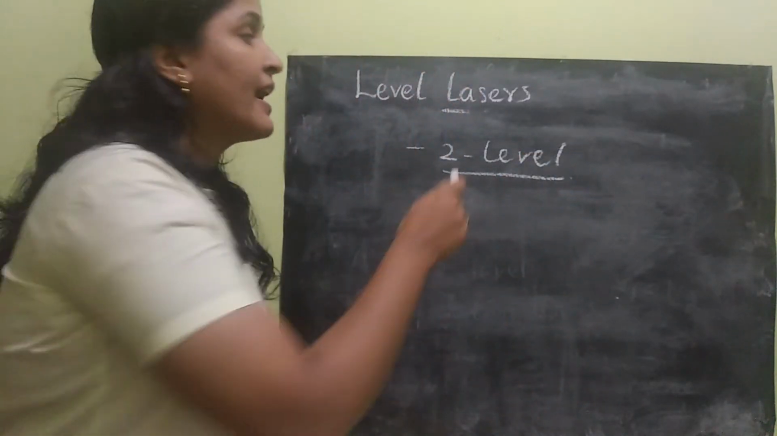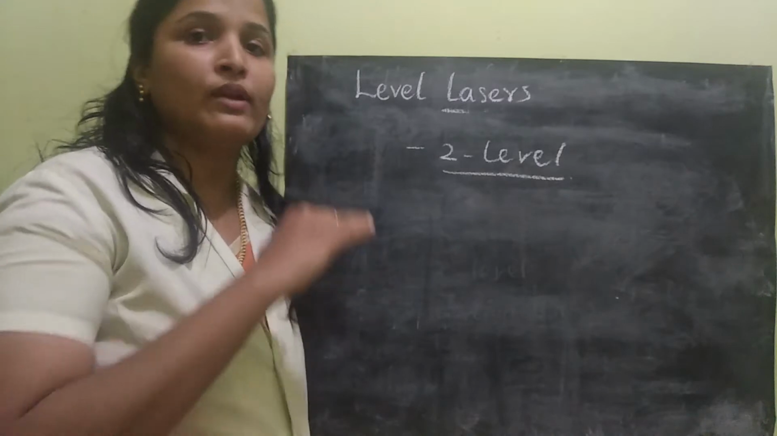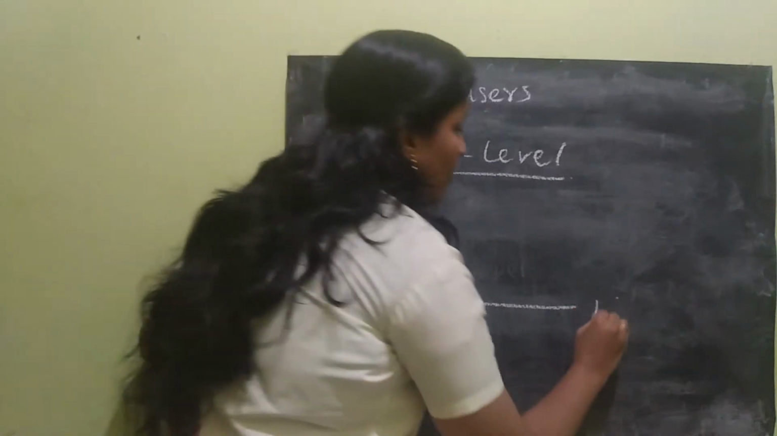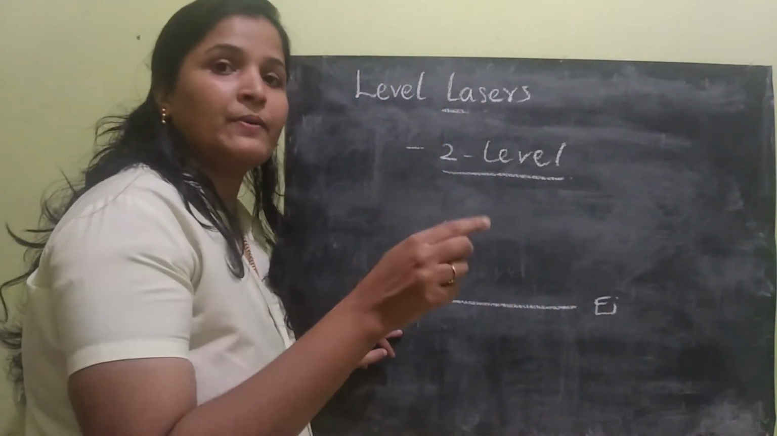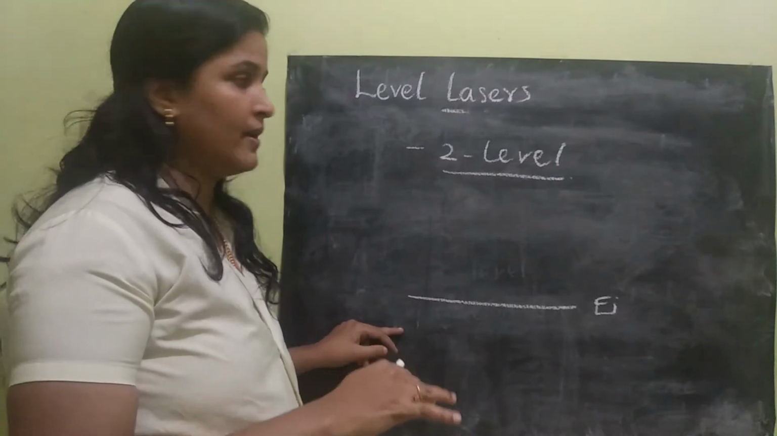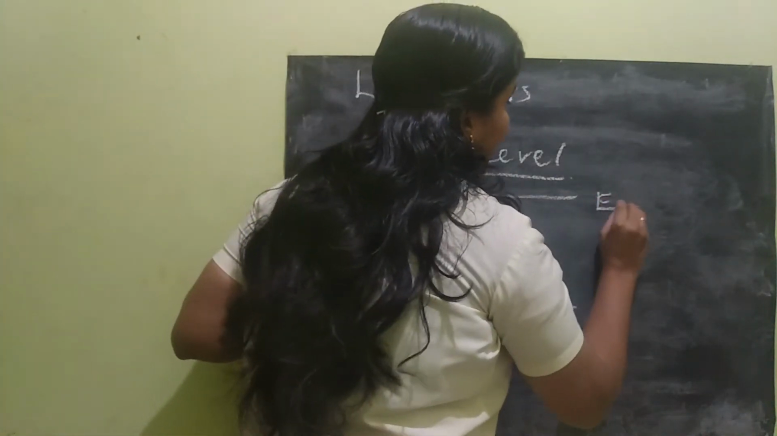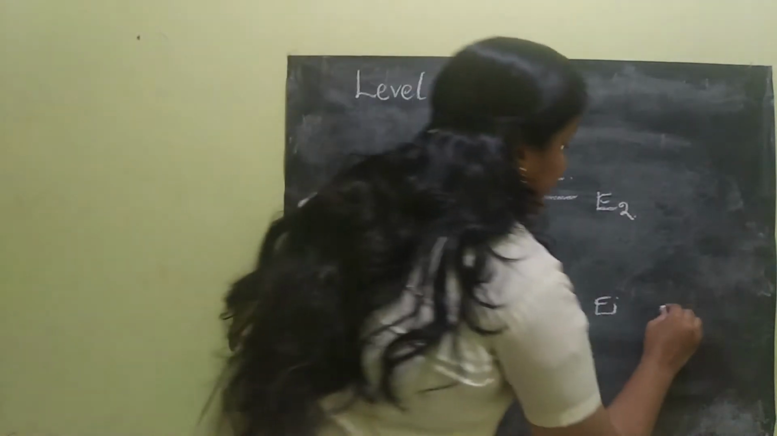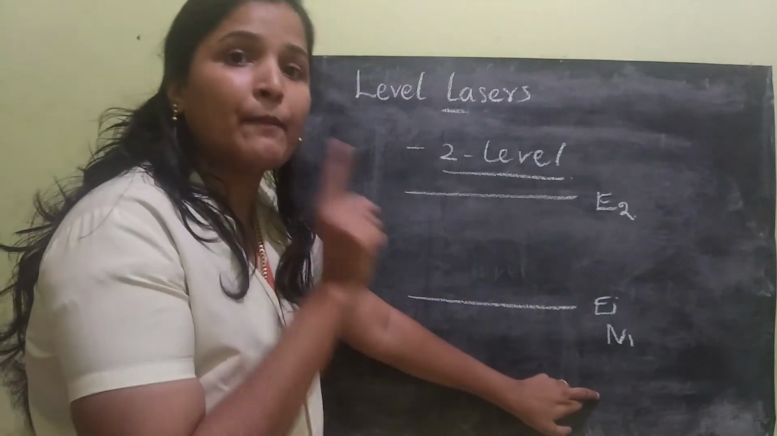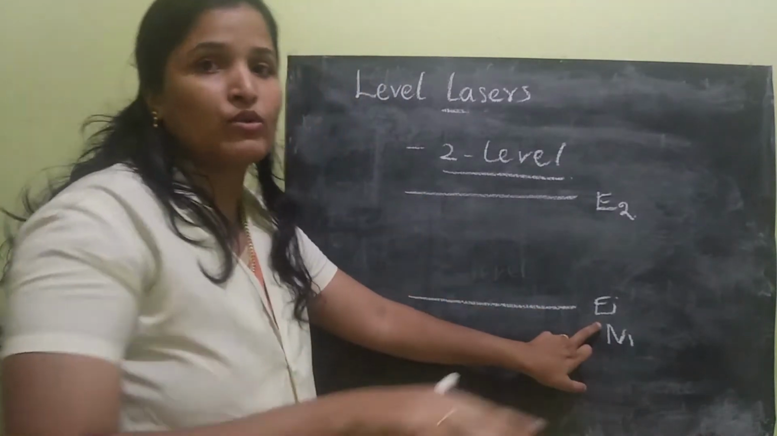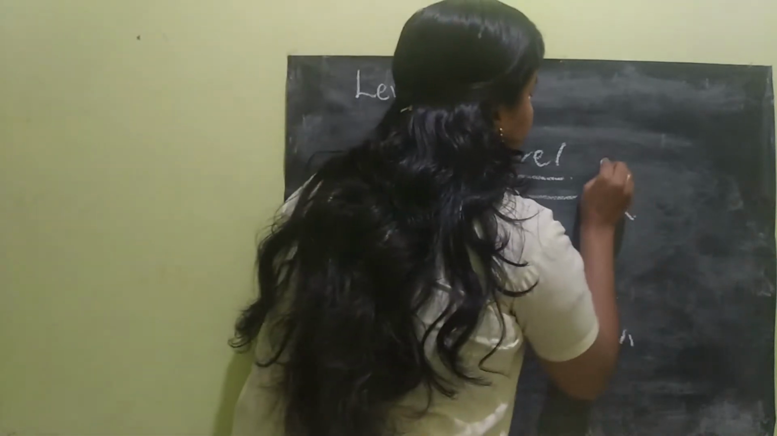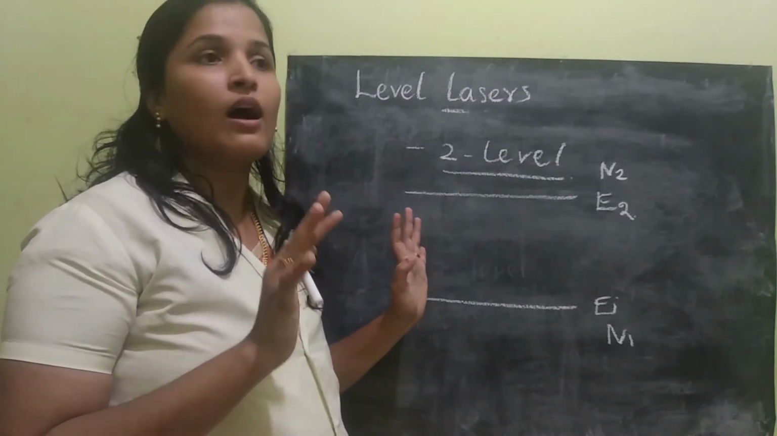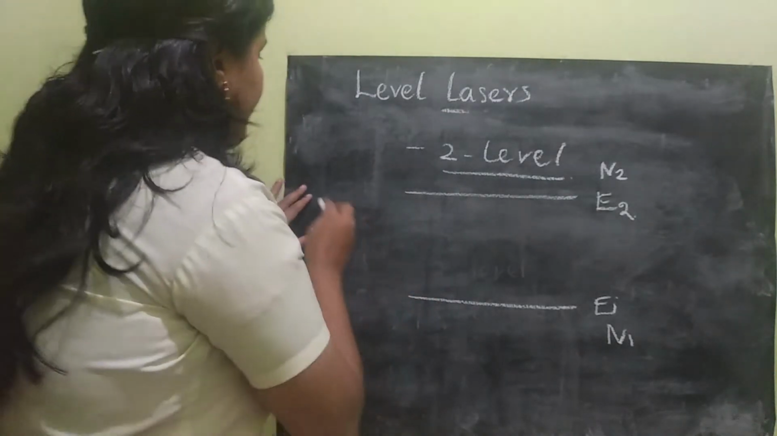Two-level laser. In the name itself it is there: there are 2 levels in the laser system. Let us assume the first level is E1, which is the ground state or lower energy level, and the second energy level is called the excited state or upper energy level. Let N1 be the number of atoms in the ground state, and let N2 be the number of atoms in the excited state. So at normal condition,